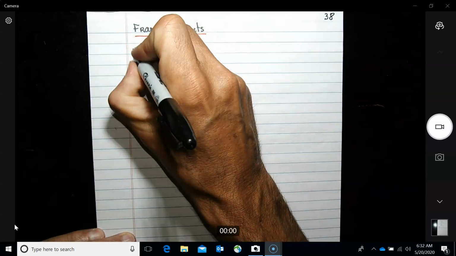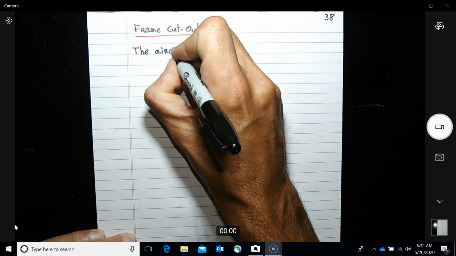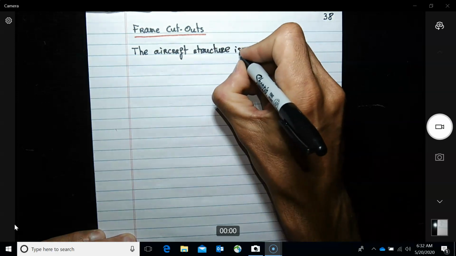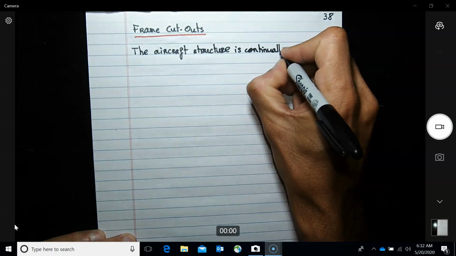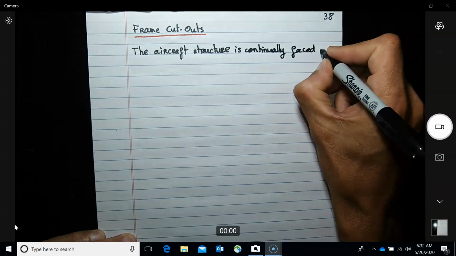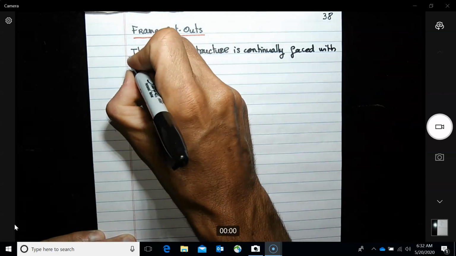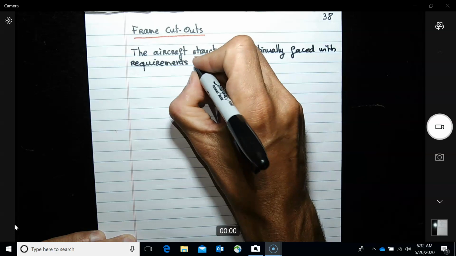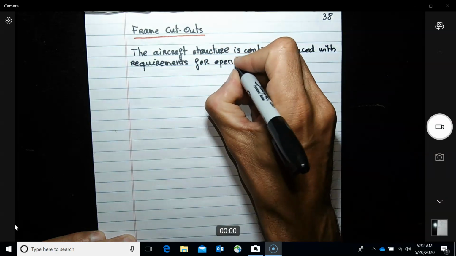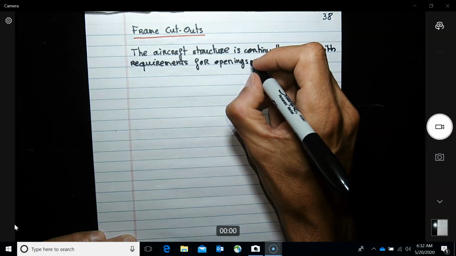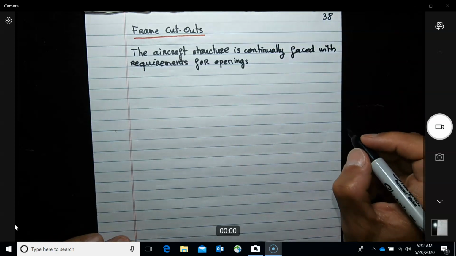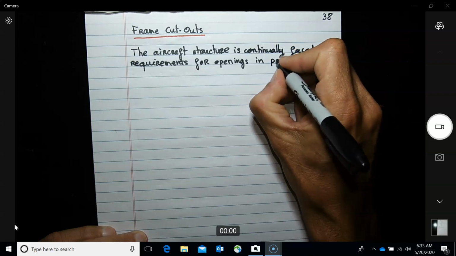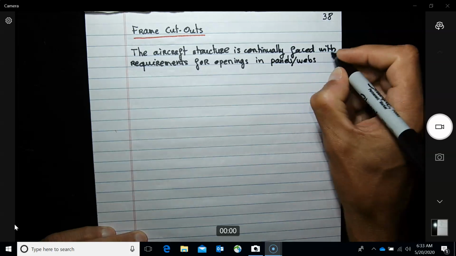So let's write over here: the aircraft structure is continually faced with requirements, and I will mention a few cases now, for openings in panels/webs to provide